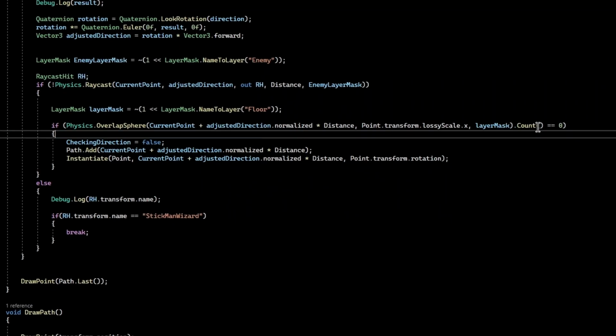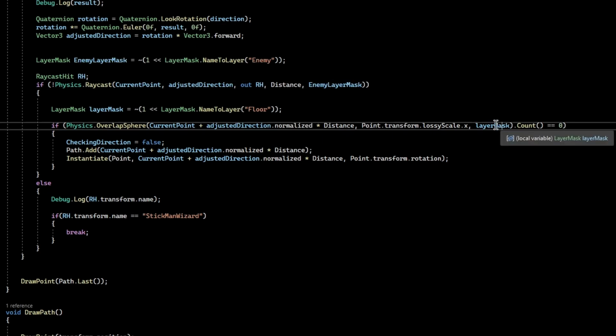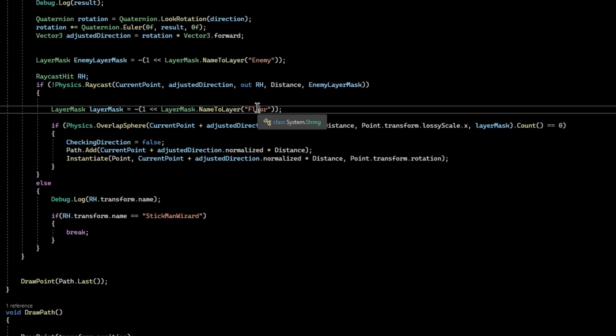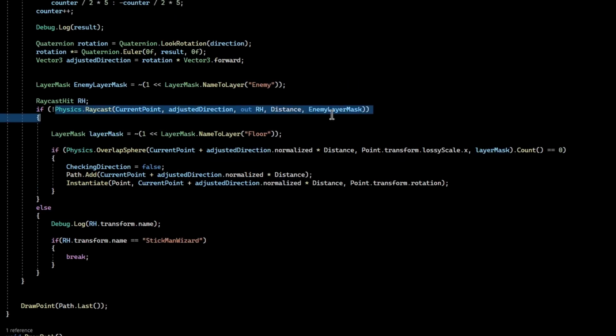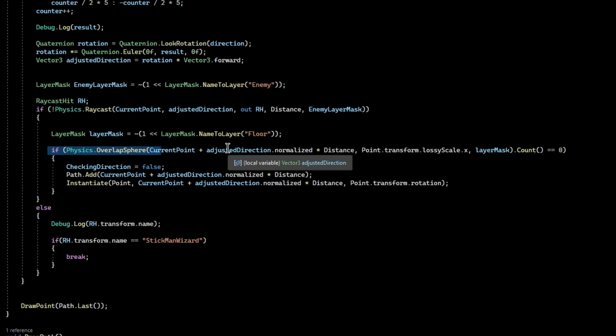Oh, the overlap sphere. Duh. Oh my God. Okay, so this is not actually the problem. So we also need this to not hit the enemy himself. We're casting a ray to see if it's going to hit something or whatever, right? And then if it doesn't hit anything, then we're doing an overlap sphere at the destination position to see if